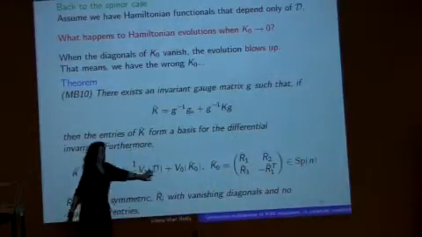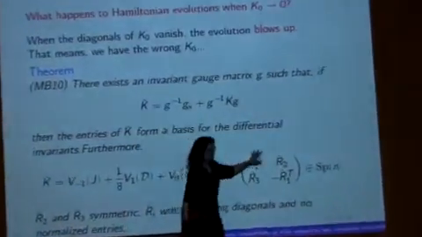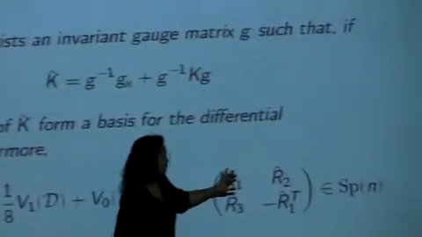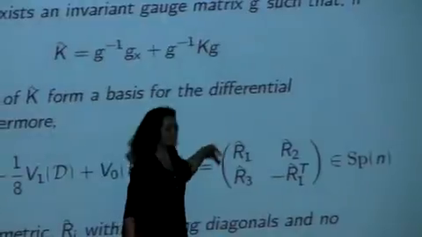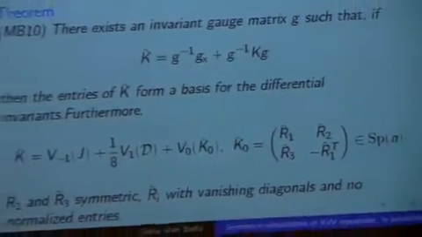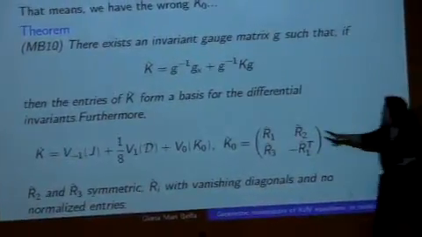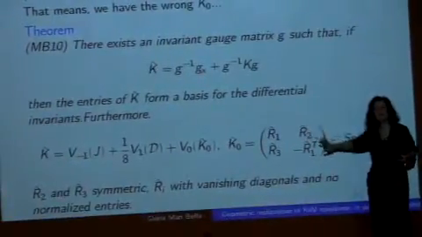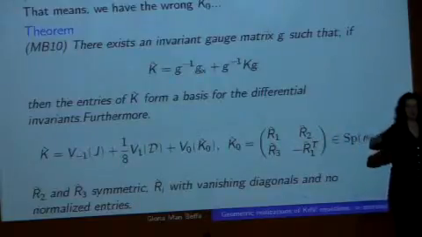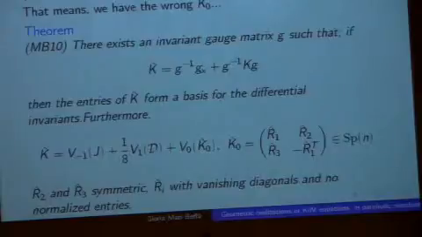These and these are the same. It doesn't change it. Now this changes, and now it's still a symplectic matrix, but the diagonals are 0. And what the gauge did was move this diagonal to the normalized entries. So now the diagonals are 0, and every other entry is an independent invariant of 4th and 5th order. Okay, so the problem was in the diagonals. So once I did that,